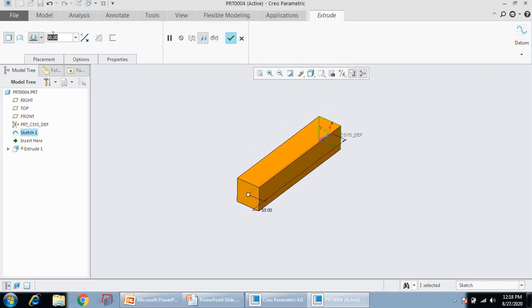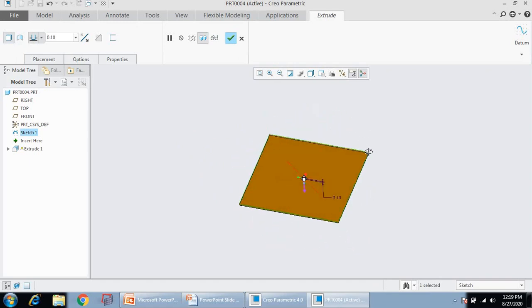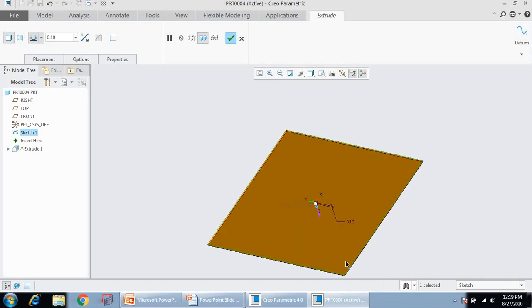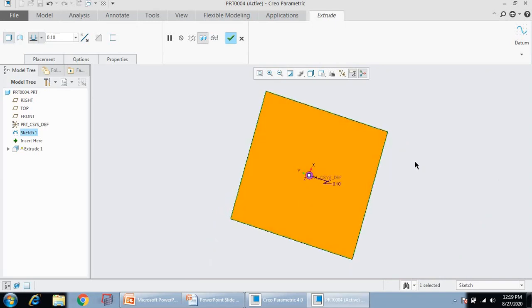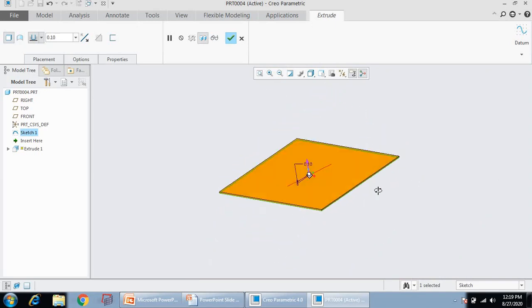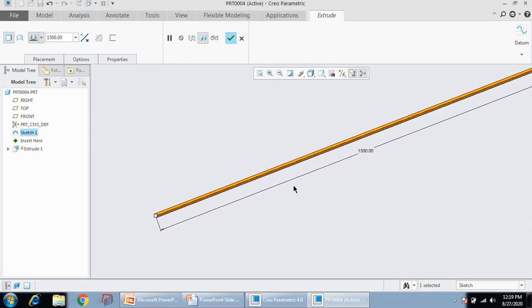Suppose I enter a depth of 0.1 mm. We can see that this third dimension, that is 0.1 mm, is very small compared to the other 10 mm by 10 mm dimensions. So can we call it a 2D? Yes, now it becomes a 2D. Suppose this extrusion depth is 1500 mm. Now in this case you can observe a very long square bar.